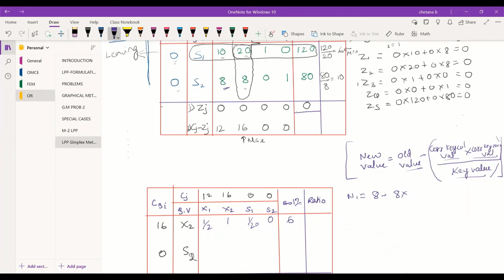The corresponding key row value for the first coefficient is 10, divided by key value is 20. Once again, old value is 8, corresponding key column value is 8, into corresponding row value 10, divided by key value 20. Is that okay?